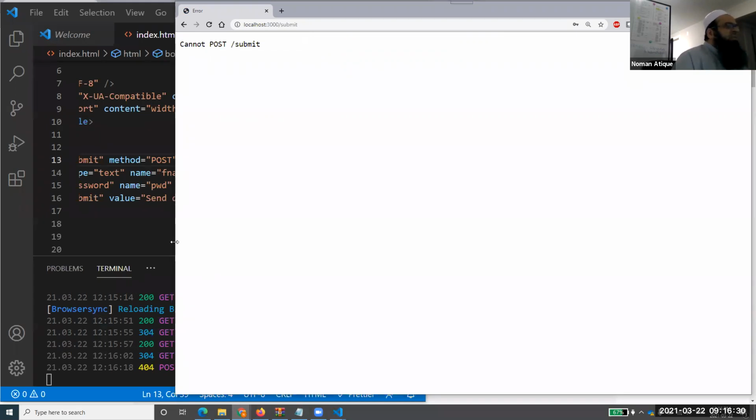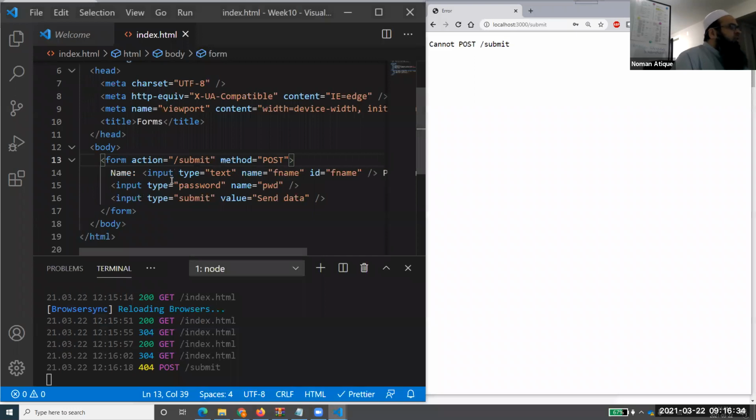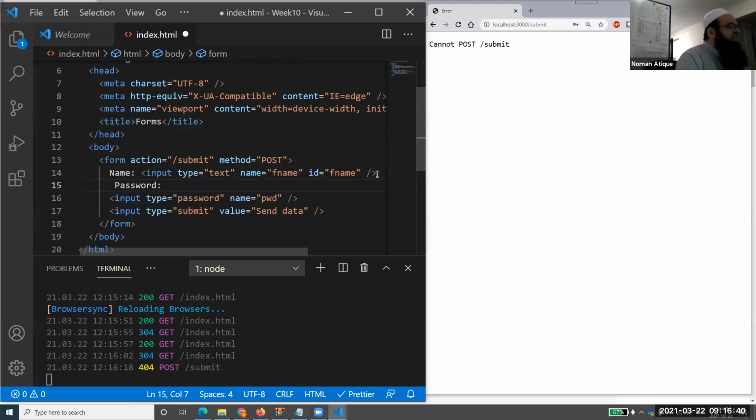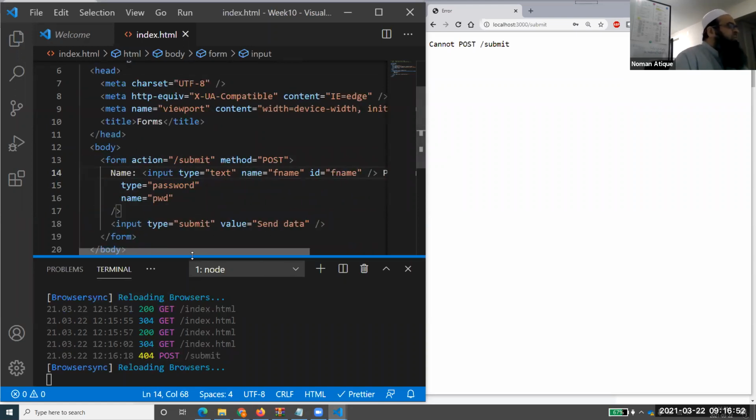So I was just giving you a bit of a sense of how we can create a form. A form can be created by using input type is equal to something, which gives us the sense that you can create different types of inputs, and they will just work for us, and we will have passwords and things like that. So this is a form.